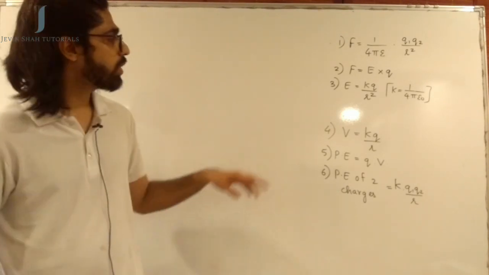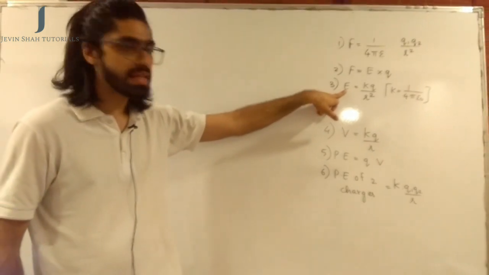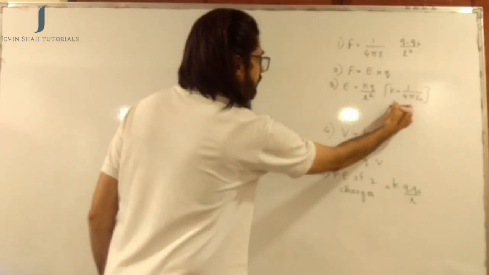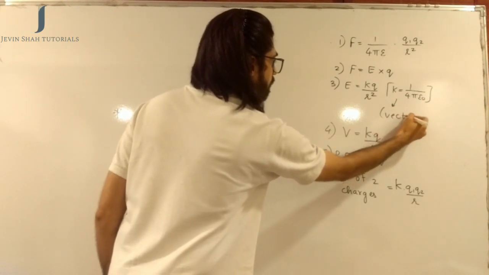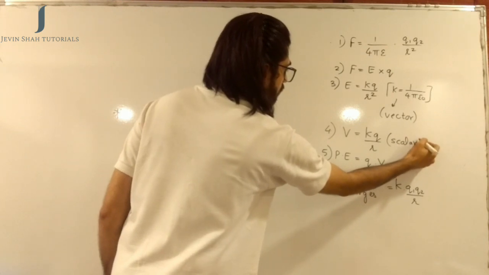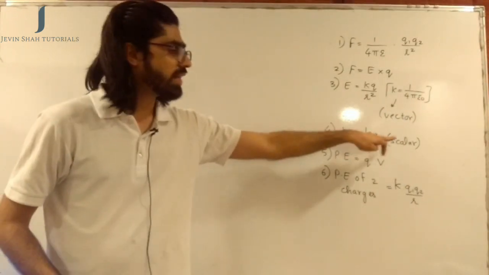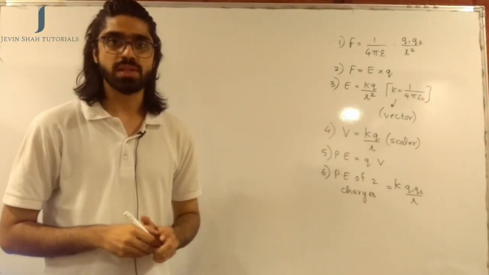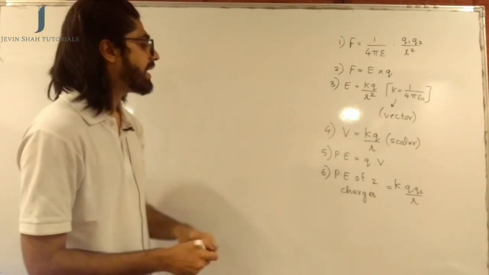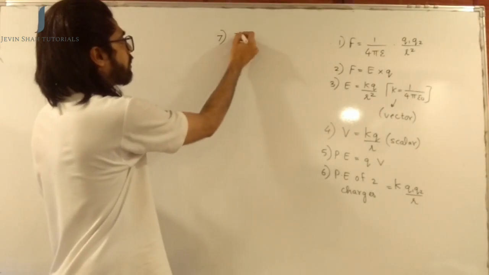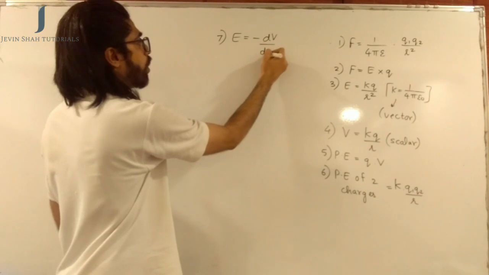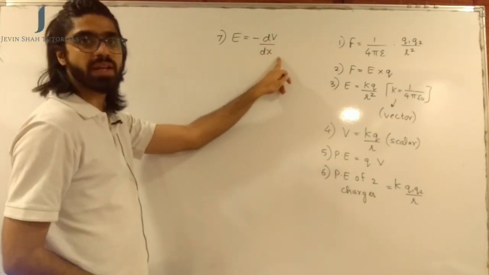One important point about the term electric field intensity E and electric potential V that you need to know is that E is a vector quantity and the electric potential is a scalar quantity. With this understanding, a lot of questions can be answered very easily. There is a relation that exists between electric field intensity and V, and that relation is this. That electric field intensity is the negative derivative of potential with respect to distance.